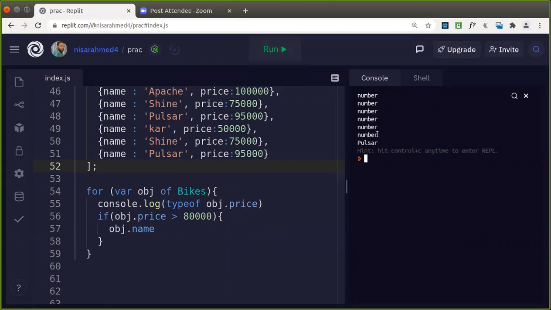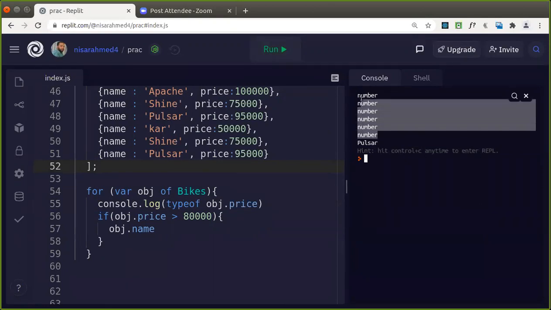Yeah, everything is a number only. Good. Fine. Let's give its number here, so directly we can use that.